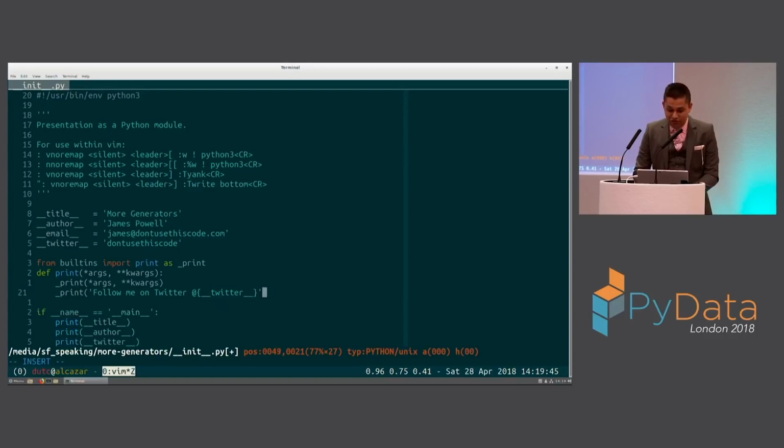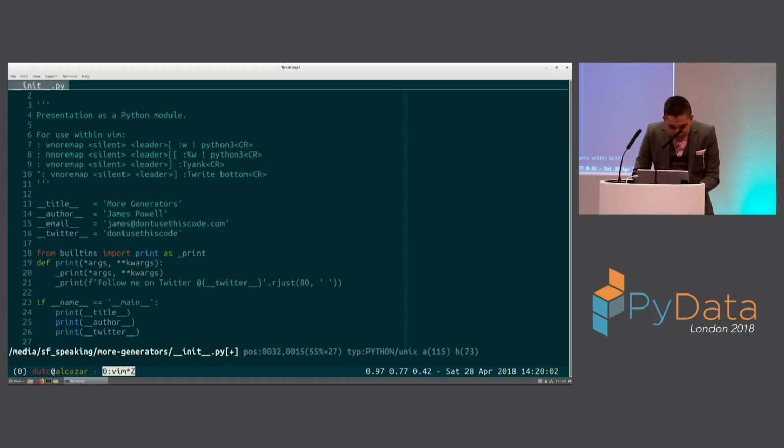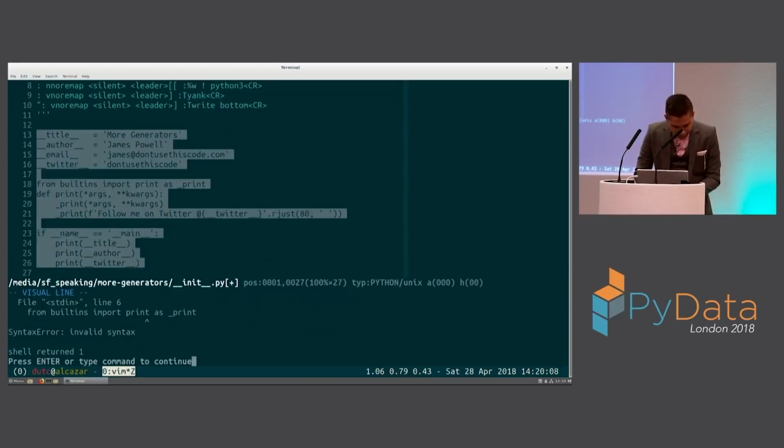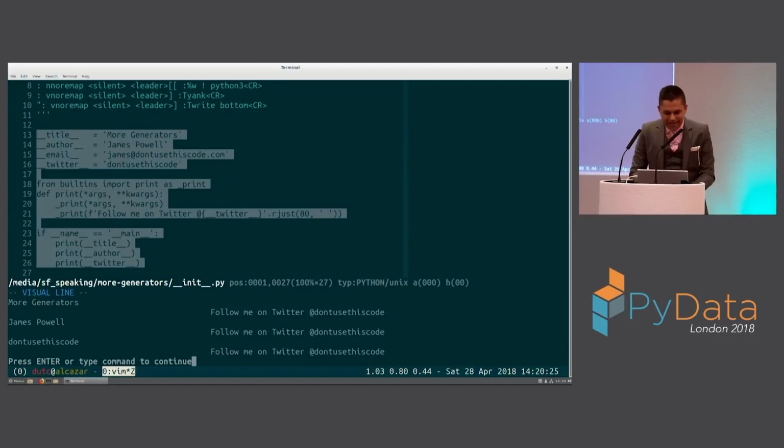Yeah, this is going to be 45 minutes, folks. Get ready for this. And let's just put this all the way on the side of the screen. There we go. And let's give this a try with this module and see if it works. Oh, and by the way, we need to make these from builtins import print as. This is Python 3. That's one small thing we have to make sure, that we're using Python 3 here. So we'll just, there we go. Because unfortunately, sometimes, there we go. Follow me on Twitter. Although that's kind of annoying.